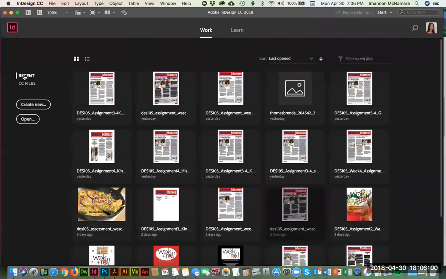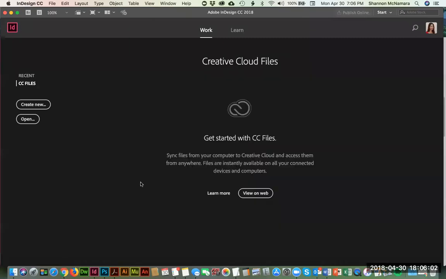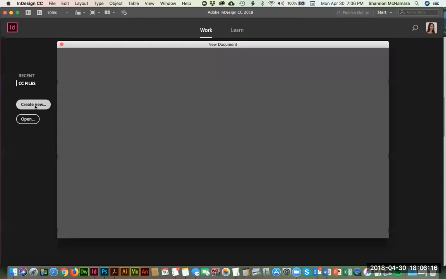If you have any recent files, those will show up, but usually you just get this boring screen. There used to be stuff going on, but not anymore, apparently. You know, years and years ago. So we're going to create a new document,